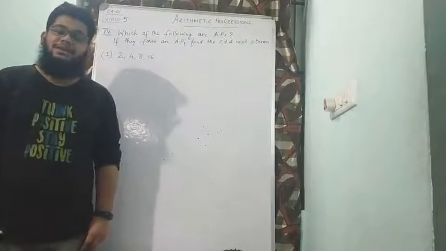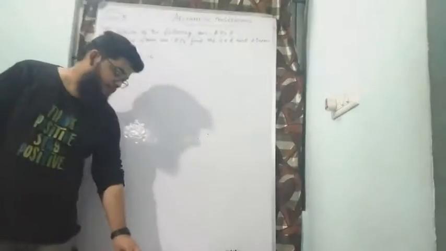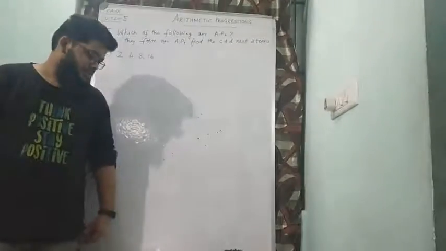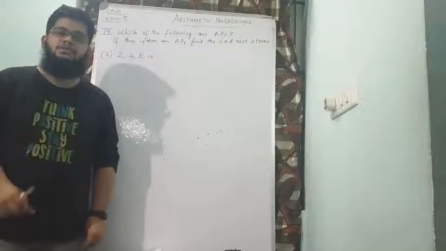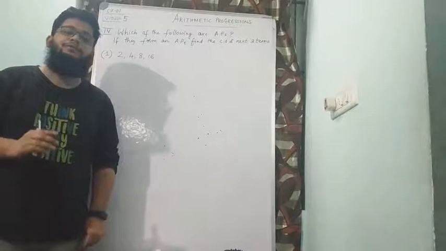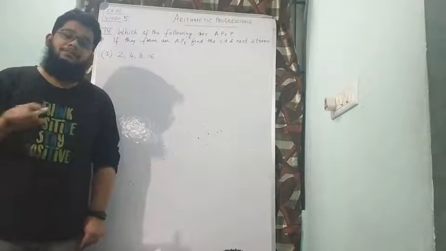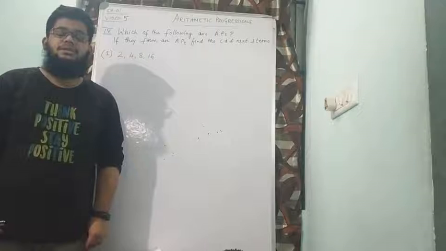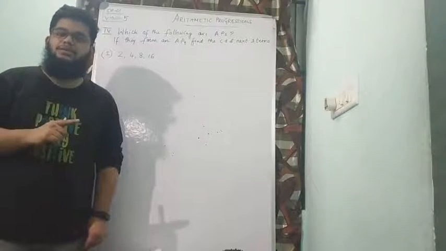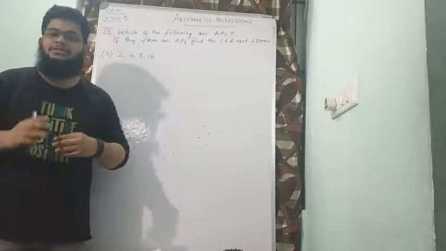In the last class we had seen two different types of problems. The first type, which was in our second main, was that if the value of a, which is the first term, and the value of d, which is the common difference, is given, then how do we find out the first four terms? And in third main we saw that if an AP is given, that is a list of numbers is given, how do we find out a, which is the first term, and the common difference? So they are opposite mains, right?